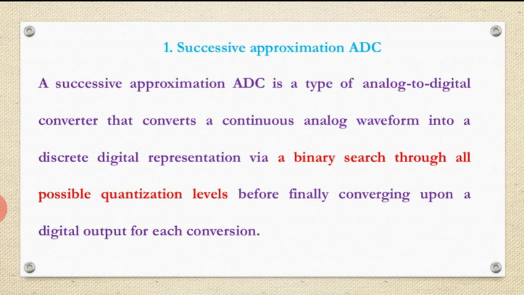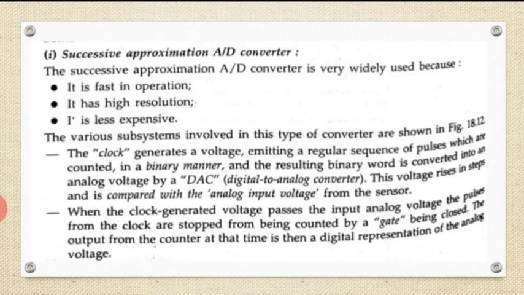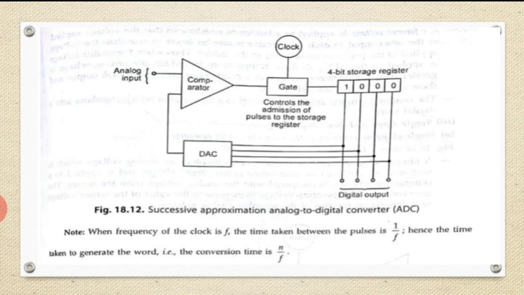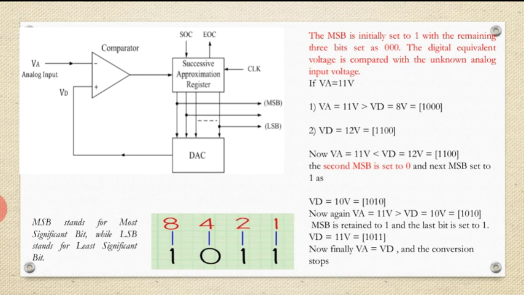This is the circuit diagram given here: the successive approximation analog to digital converter. I will explain with one example, because the textbook does not give an example, only this figure and a concluding sentence. To understand the sentences we need to go through one example so that we can understand the circuit and the operation of the successive approximation. Here is the example I took, and I am going to explain it.